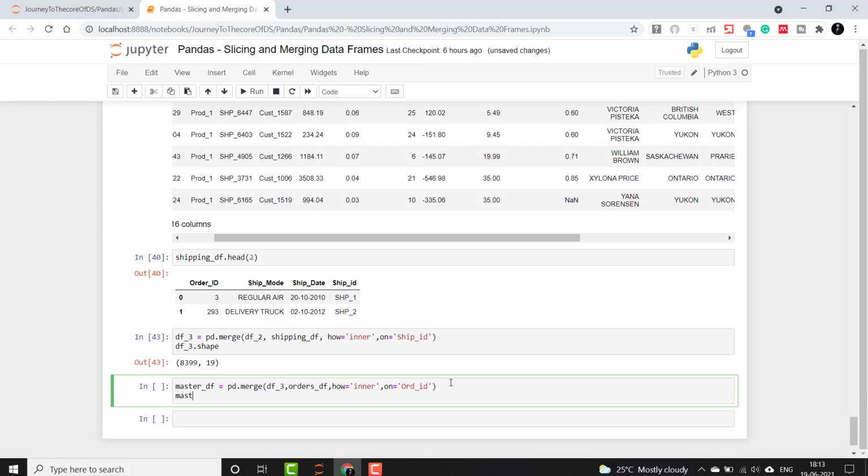And then I will simply print the shape of it and also the head of it.